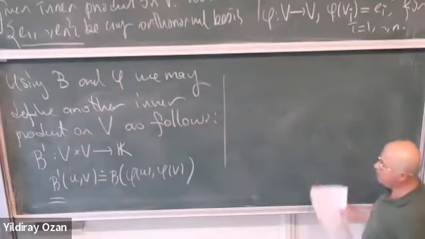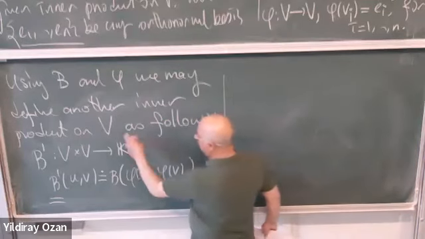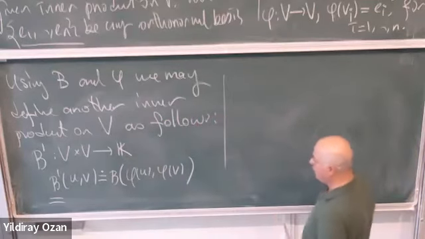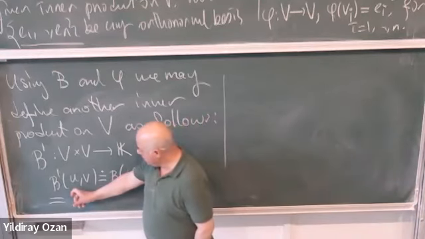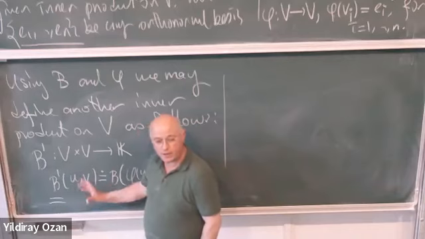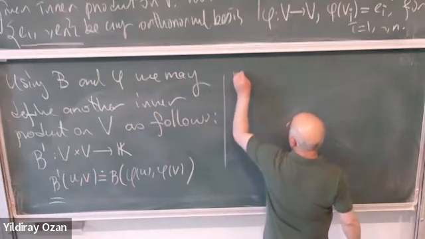I said it's an inner product, but one has to prove that. First of all, we have to show that this is linear in both components, and it is symmetric, and it is non-degenerate. So one must